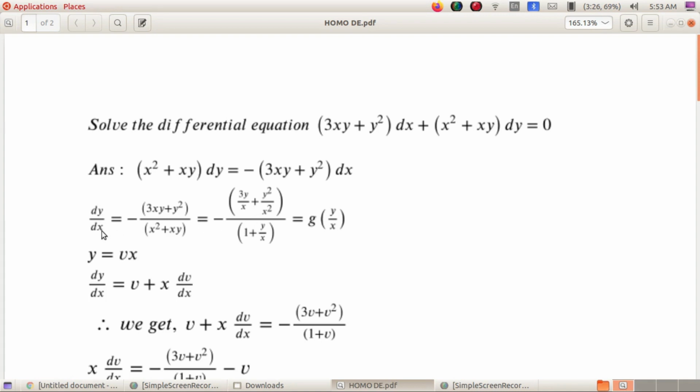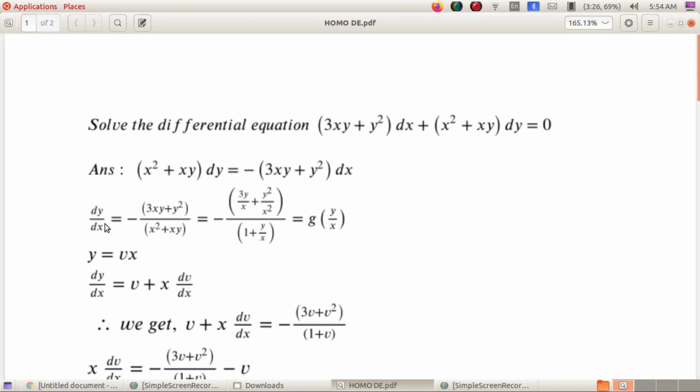So we get dy by dx equal to f of x, y, where f of x, y is a homogeneous function of degree 0, or dy by dx equal to a function of y by x. So the given equation is a homogeneous differential equation. To solve this equation, put y by x equal to v. So we get y equal to vx. Differentiating both sides with respect to x, dy by dx equal to, apply product rule, first function into derivative of x is 1 plus x into derivative of v is dv by dx.